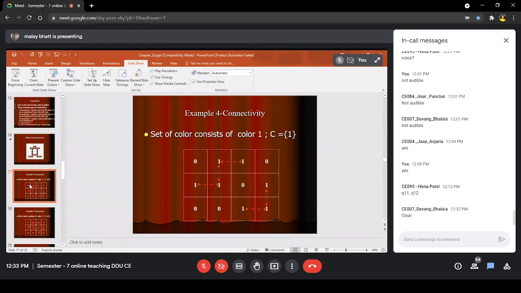So you will start with any position. Here if I start from the first row, second column, 1 is there, and in the 4 connectivity we have 2 more pixels: first row, third column, and second row, second column. I will start from first row, second column. So I have 2 pixels in the 4 neighborhood here.